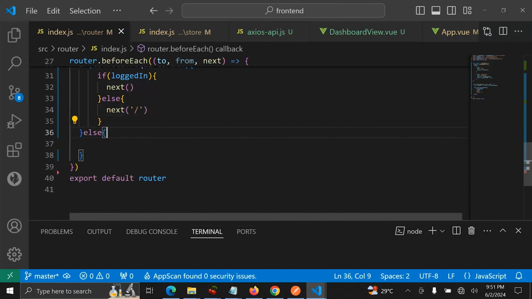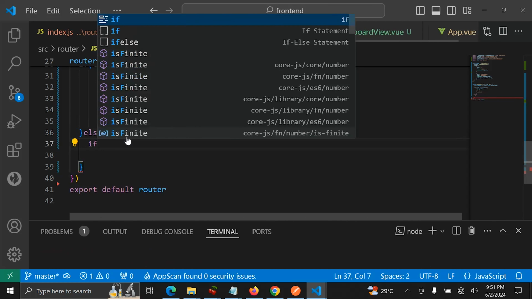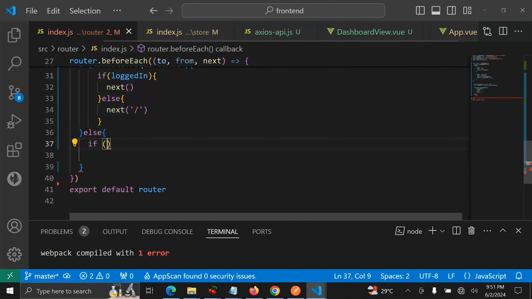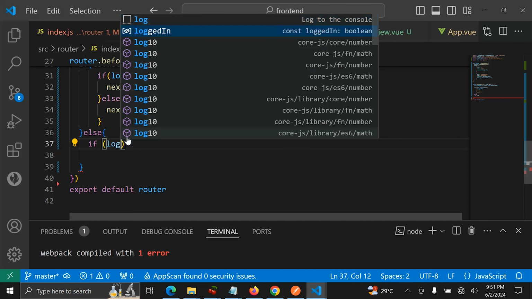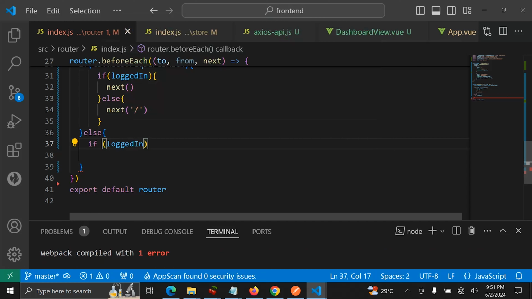To make it more suitable, you can do something like this. You can add something. You can say if the user is logged in. This is the best practice. If a user is logged in and is requesting to access the login page, you should redirect the user to the default page for all successfully authenticated users, and this is the dashboard. So if the user is logged in and at the same time still requesting the login page,